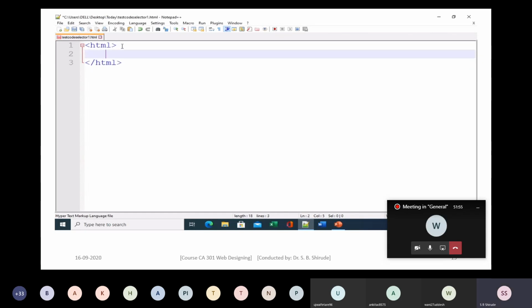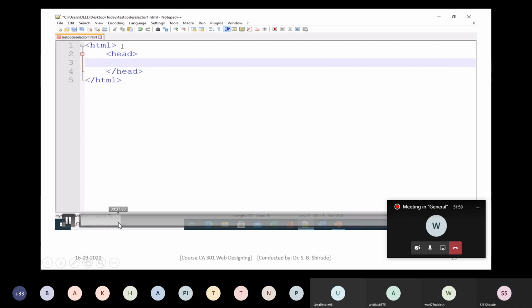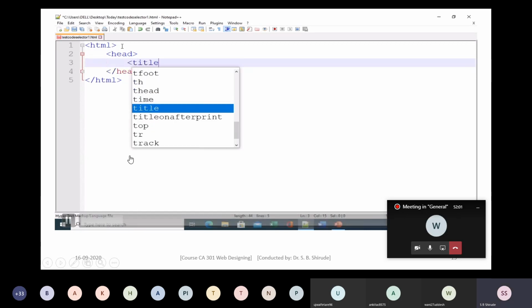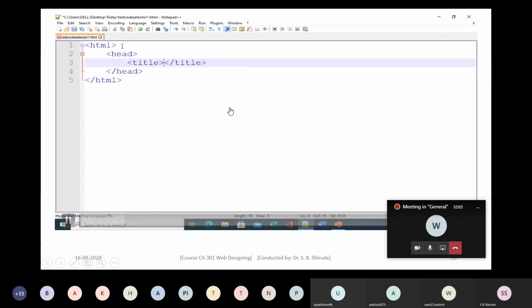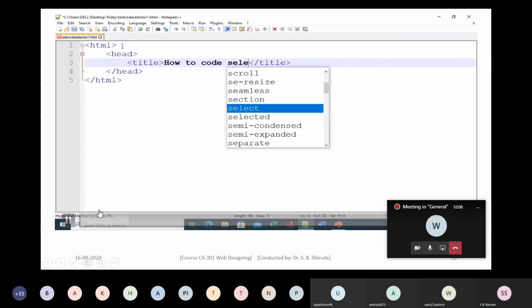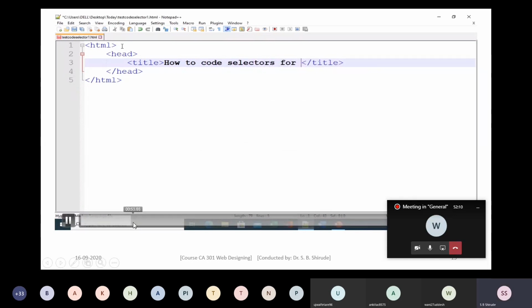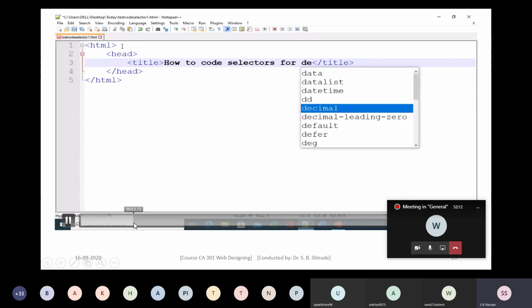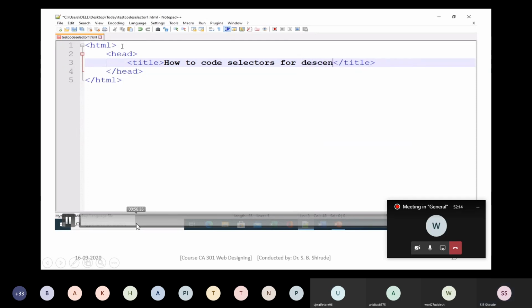Then I will put the head section, and then the body section. So how to code selectors for descendants?